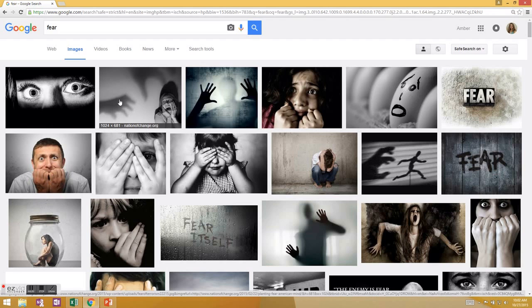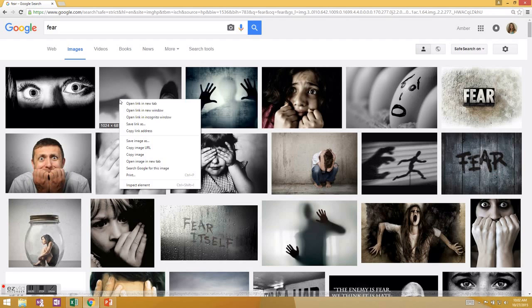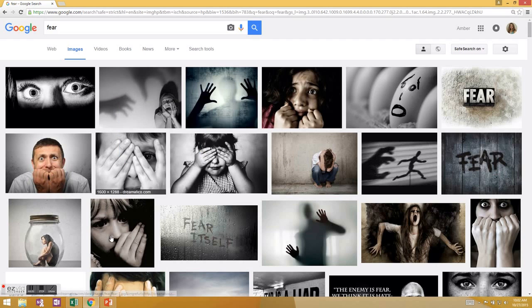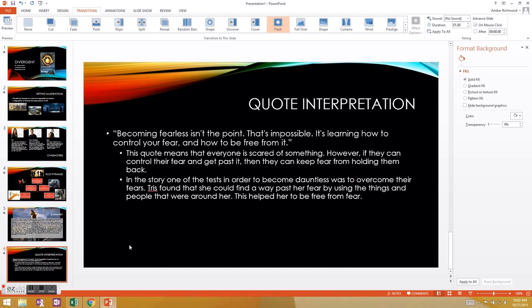Also animate each object on the page, and I'll show you that in a little bit. So it'll switch slides, and then each thing will come in one at a time rather than showing them everything all at once, because you might not want them to see, for example, like the